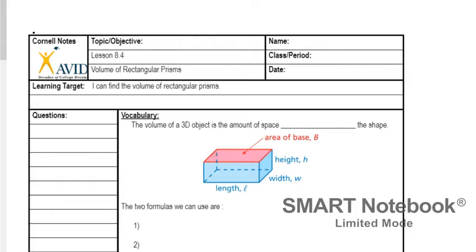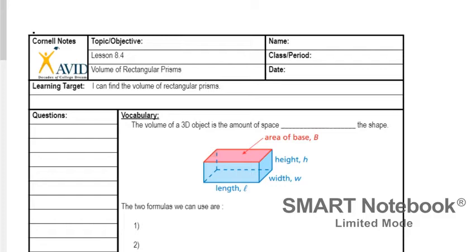Today we're going to learn lesson 8.4, which is finding the volume of rectangular prisms. Now in 6th grade, that is the only shape that we need to learn how to find the volume of, and it's pretty simple. So we're going to get into some more difficult problems right away because I don't underestimate your ability to do this pretty well already. I know some of you may have already learned how to do this. So we're going to kind of breeze through the easy stuff and then we'll get into some trickier types of